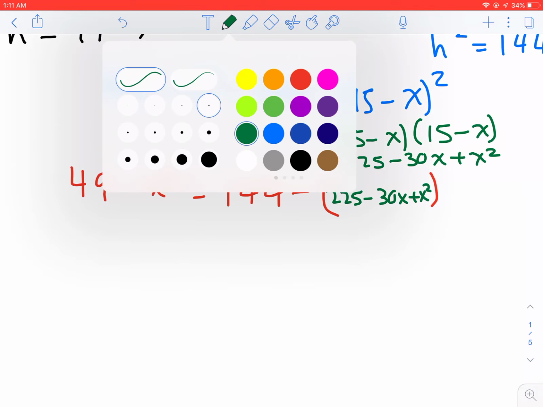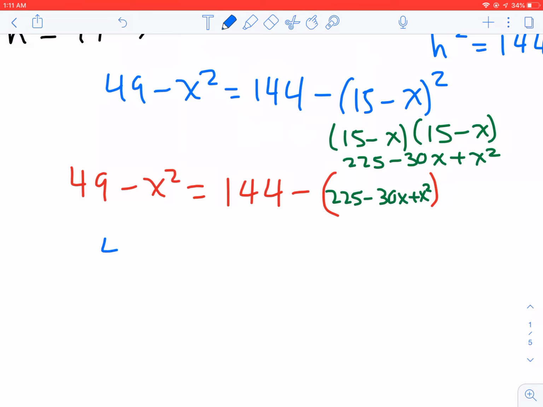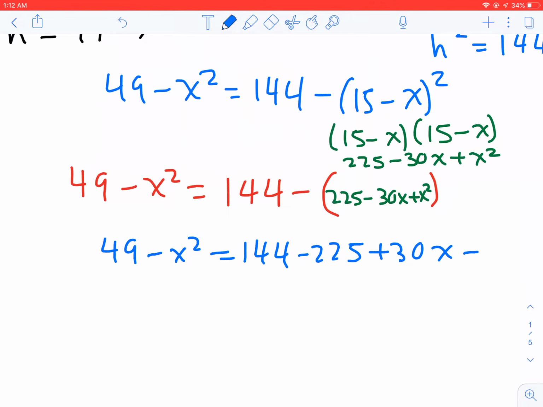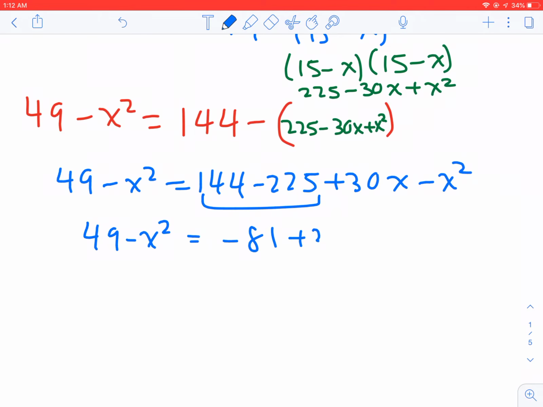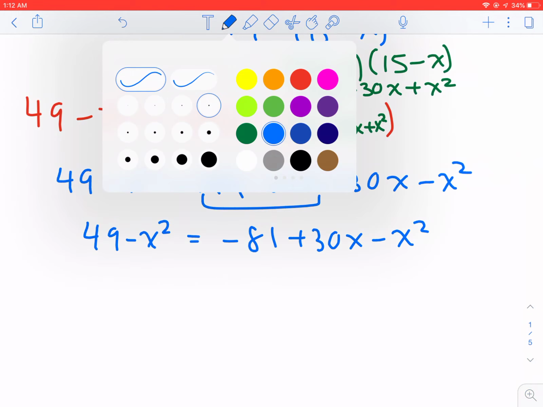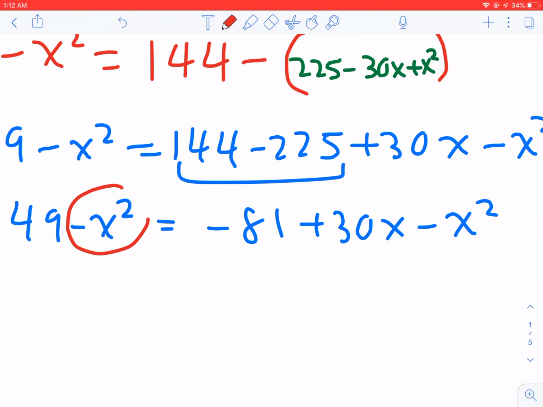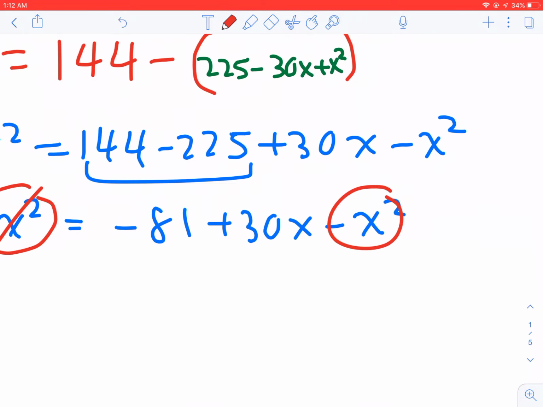And let's distribute that negative now and clean this up. So 49 minus x squared equals 144 minus 225 plus 30x minus x squared. Alright, 49 minus x squared equals, combining those two, that's negative 81 plus 30x minus x squared. And you guys are in luck because these x squareds, if you add x squared to both sides, they cancel